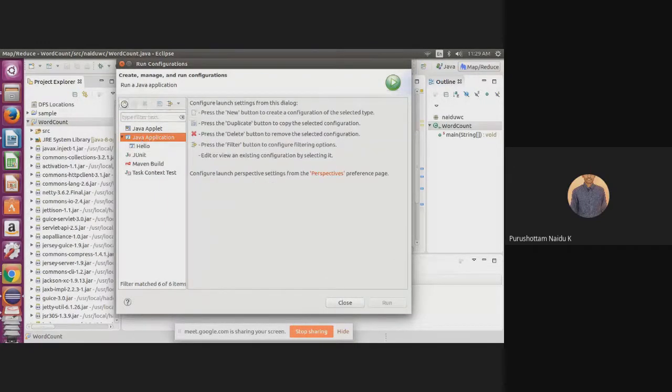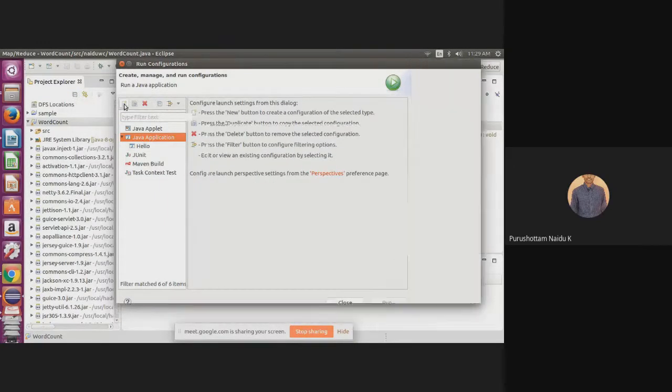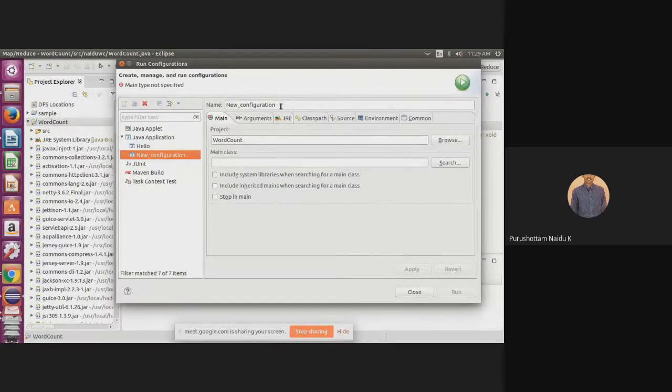Click on the plus icon. This is the procedure to convert our entire program into a jar file. Give it any name, for example WordCount. Clear? Now, the main class. What is the project name? WordCount. Just search for that. Click on Search. It will take some time.